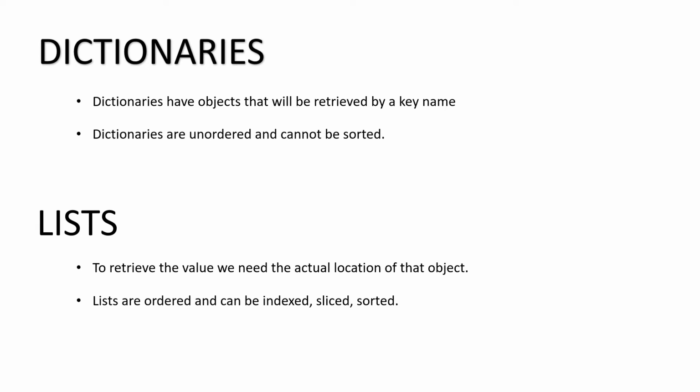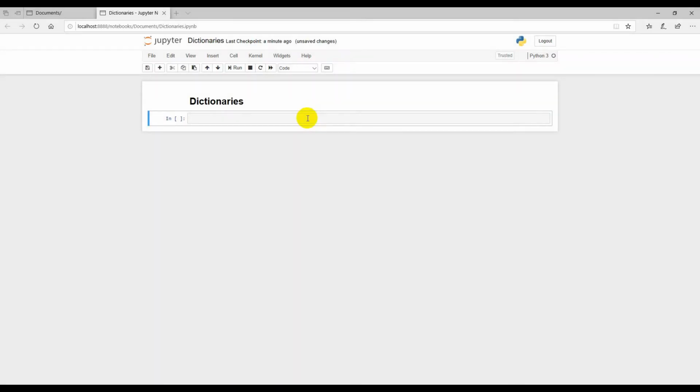So let's demonstrate with some examples in the Jupyter notebook. I'll start with creating a dictionary, that is my_dict is equal to, I have the curly braces and will define the key. One thing you should remember is the key should be a string. So the key for me will be the string 'a', and I will have a colon, and then I need to assign the value for this key. So the value will be 2.